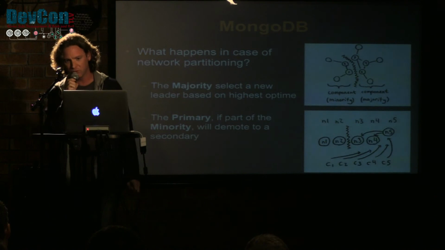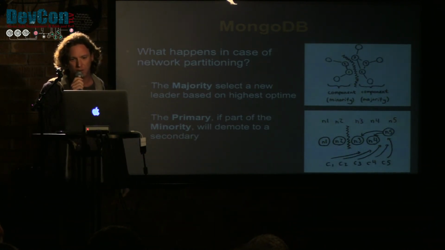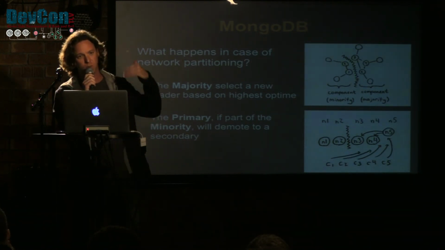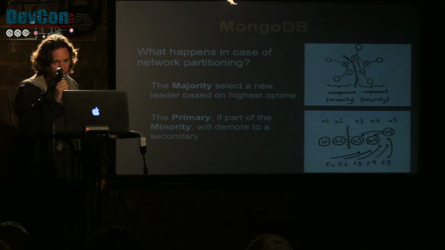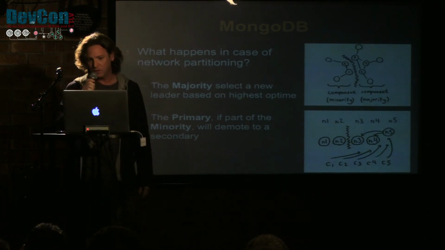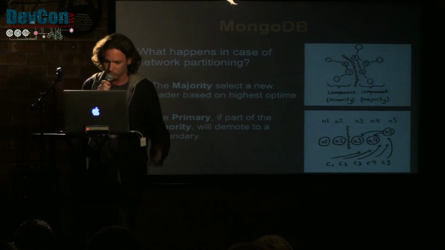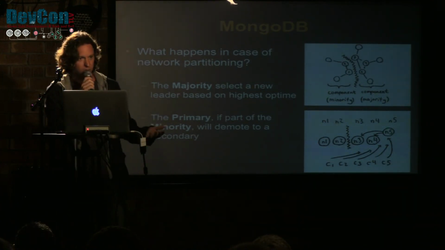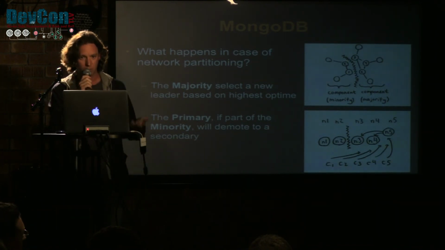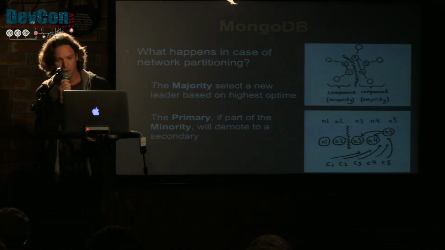The group that is the majority, the three in this case, will select a new leader based on the highest uptime. Uptime is basically one of the nodes who think it's the most updated. The primary, if it's part of the 2, the minority, will be demoted to secondary and will stop accepting writes. So that's the way it should happen. And then our system continues to work with the new leader. We can still write information. When we fix the problem, all the nodes would sync, and we have our system back, and everything looks cool